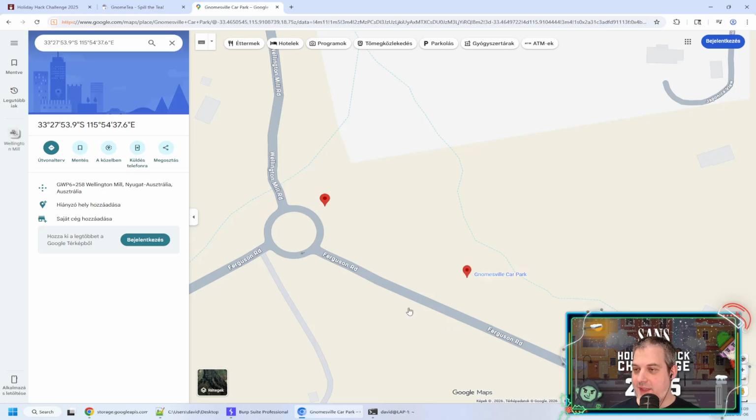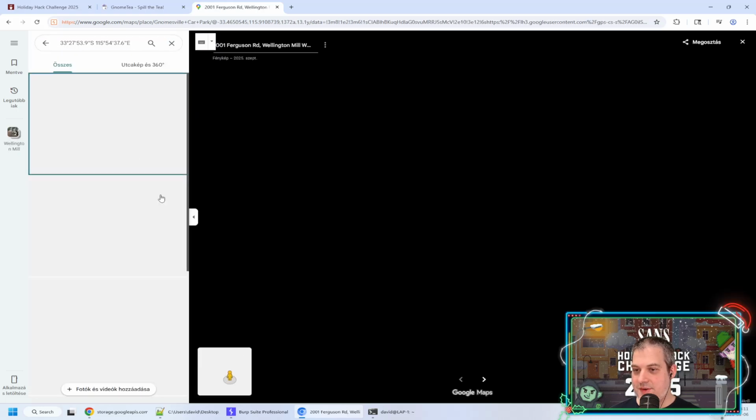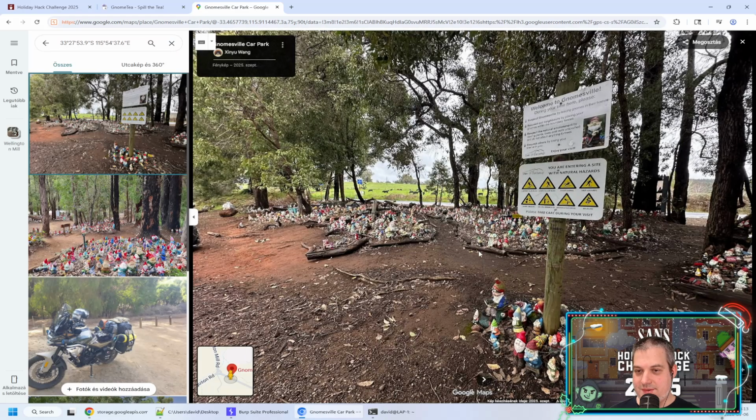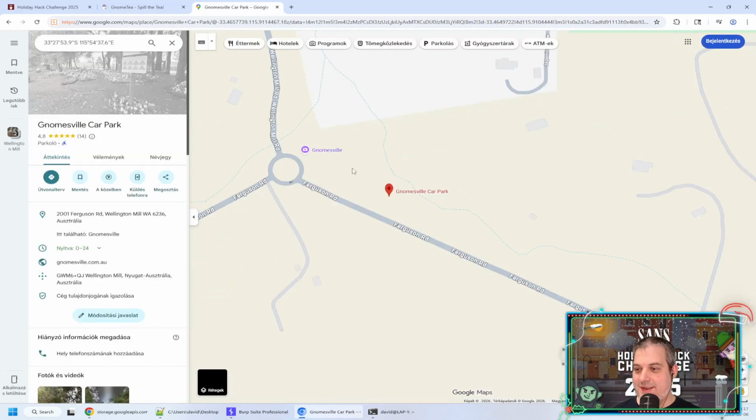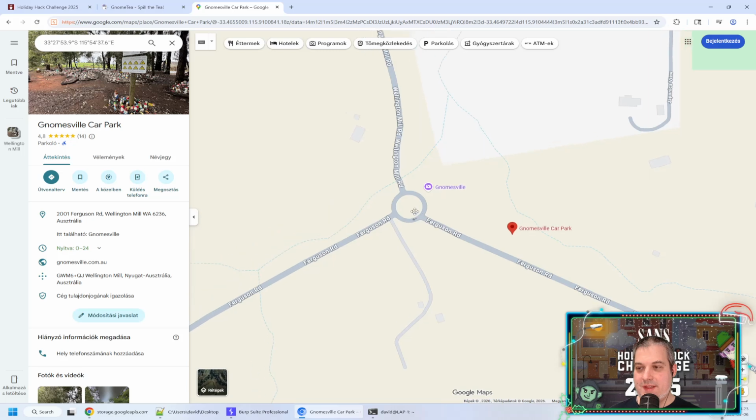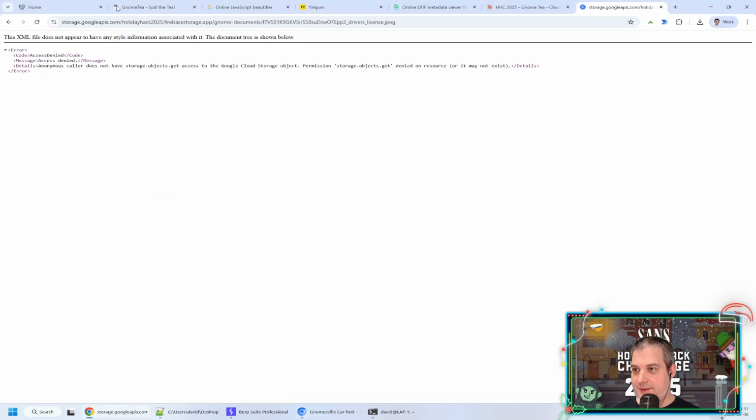And if you look at the picture, this is actually a bunch of gnomes. I kind of find this one freaky, to be honest, but I'm sure some people probably love this. So probably it's Gnomesville that is being referred to. The actual coordinates are somewhere around this roundabout. Okay, so Gnomesville is a good candidate then